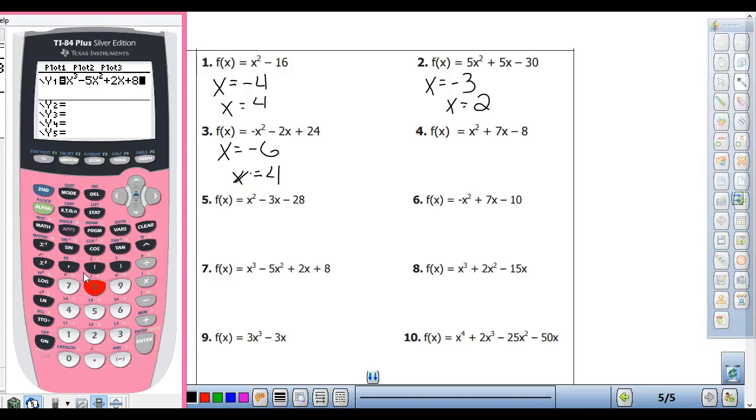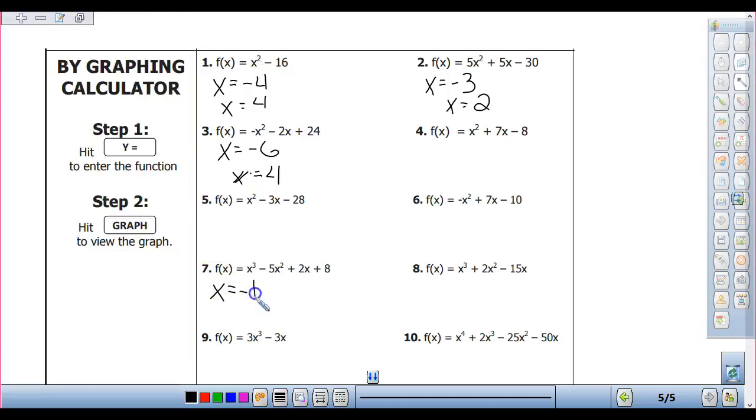Okay, what was our highest exponent in this? 3. How many answers does it have? How many solutions on your graph when you hit graph? 3 solutions. Whatever your exponent is, that's how many solutions there's going to be. Okay, so this guy, what are my solutions? X equals -1, x equals 2, and x equals